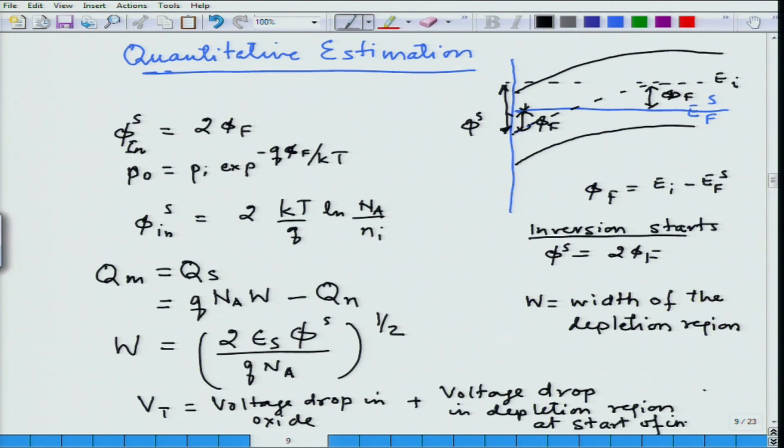And I have defined the condition for inversion, which is given by 2 times phi f. So, this number is going to be then given by